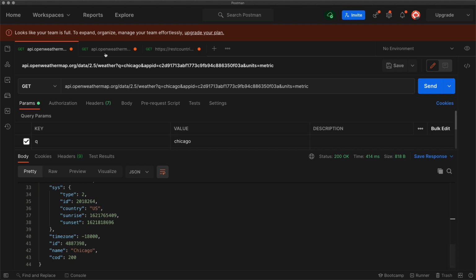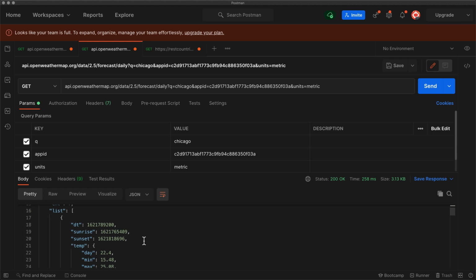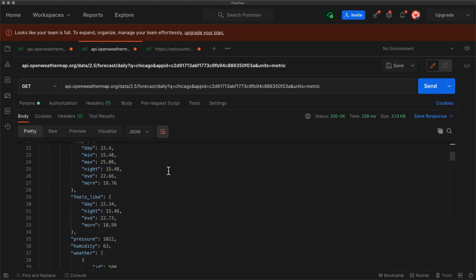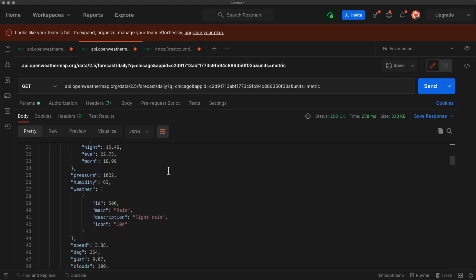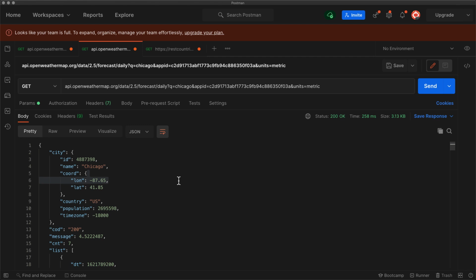Then we go to the 16-day API, which is almost the same. It's got a slightly different URL. The query is exactly the same. The app ID is the same. And again, override the units if you don't want Fahrenheit. That will then return the next 16 days worth of data to you, which provides more or less the same information that you had on the current day's weather forecast. So that's good. We only want a 5-day forecast, but we're going to filter and modify that information in